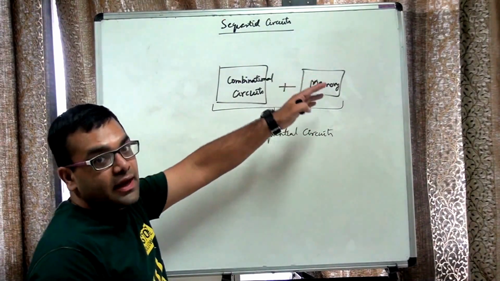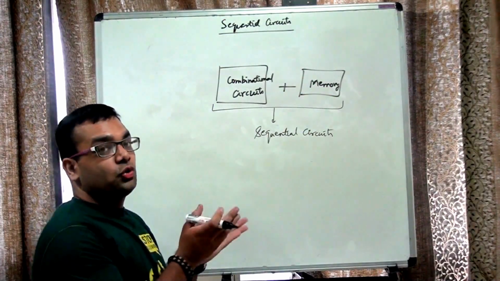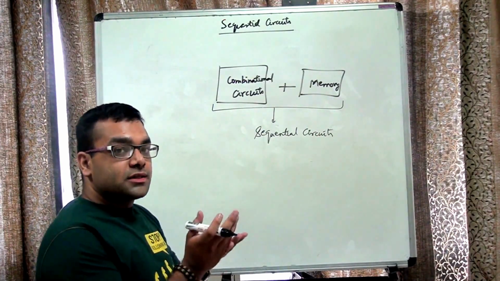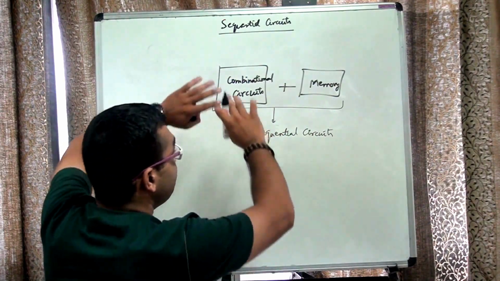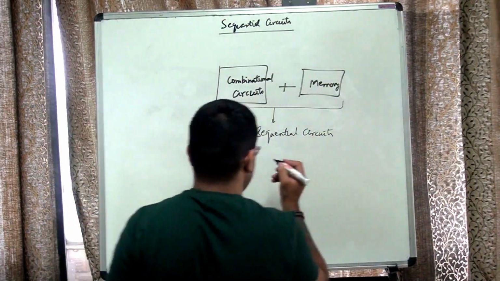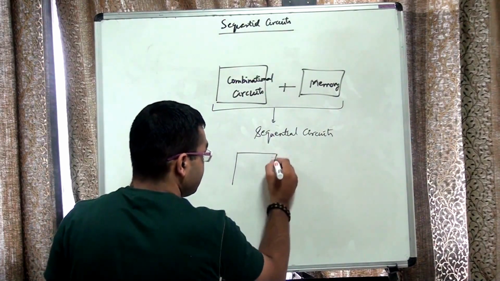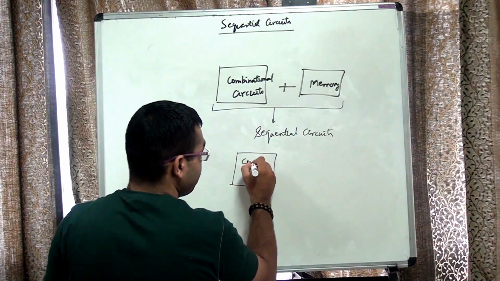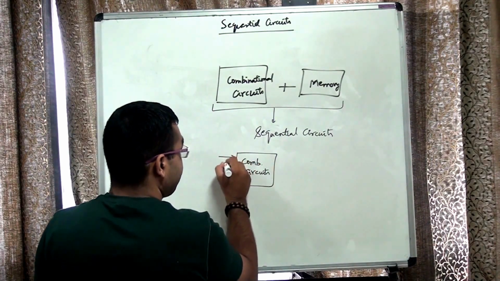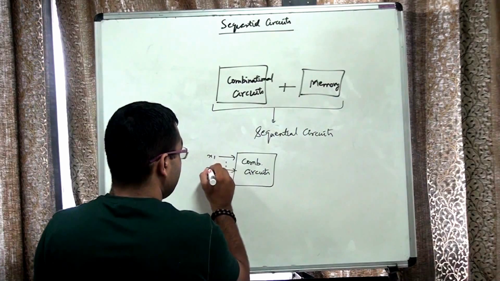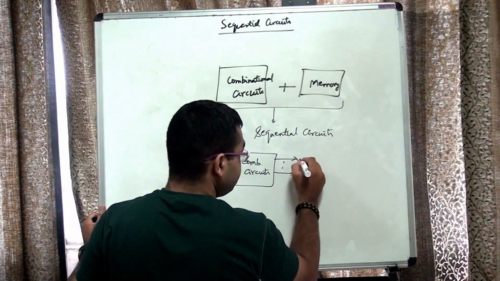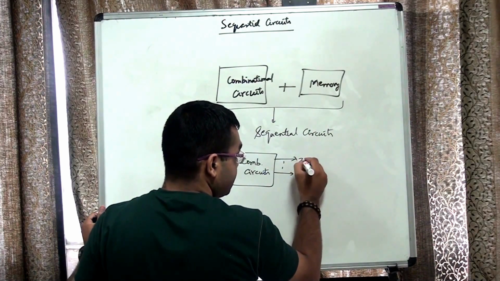Now, how do we actually add the memory? Memory has got nothing to do with the actual storage and other things. What we are actually concerned with is that memory may be introduced because of various types of connections. For example, if we have a combinational circuit over here, suppose we have n inputs, say x1 to xn, and we have m outputs. Let me denote them by z.